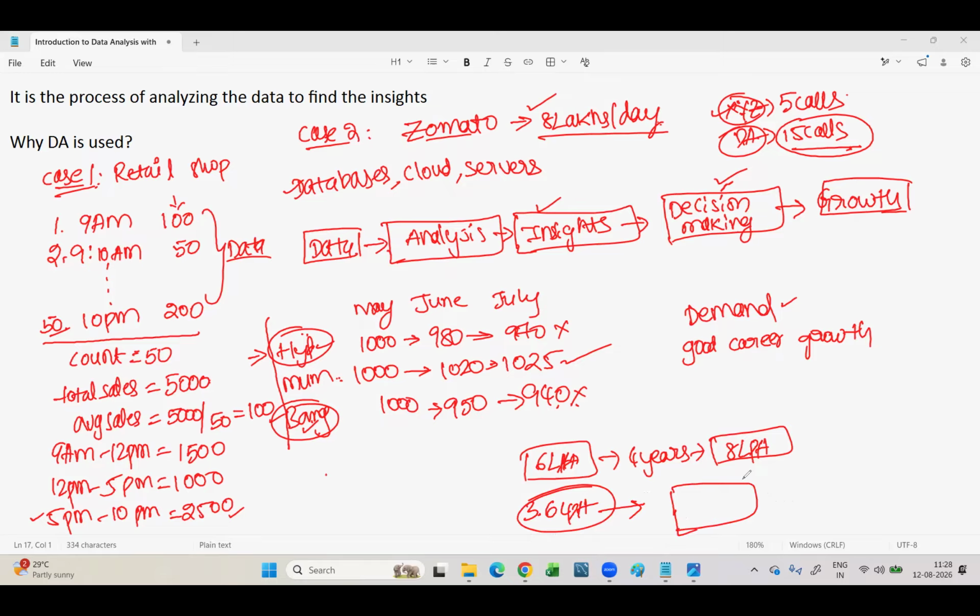Just imagine, if you don't want to believe, why would I still be in data analysis if I'm not having career growth in it, and why would I come and teach you the classes? I might have been learning some other technology to switch and get better packages, but I'm not doing that. I'm still in this data-related domain. The reason behind that is that good career growth is there for the skill set here.